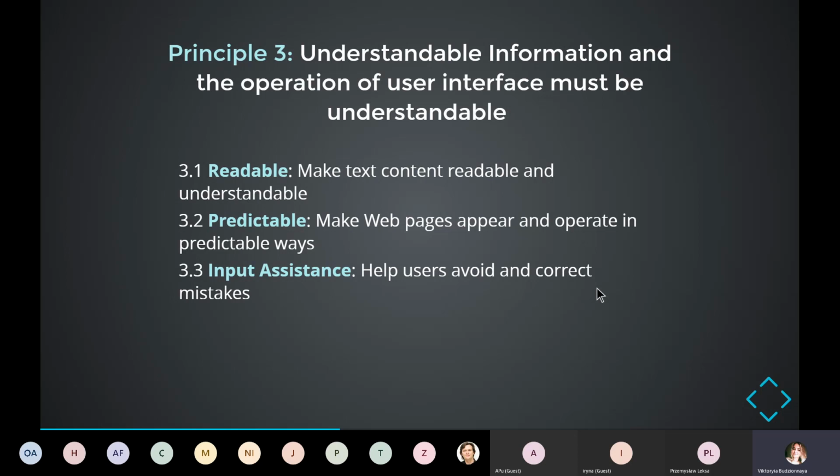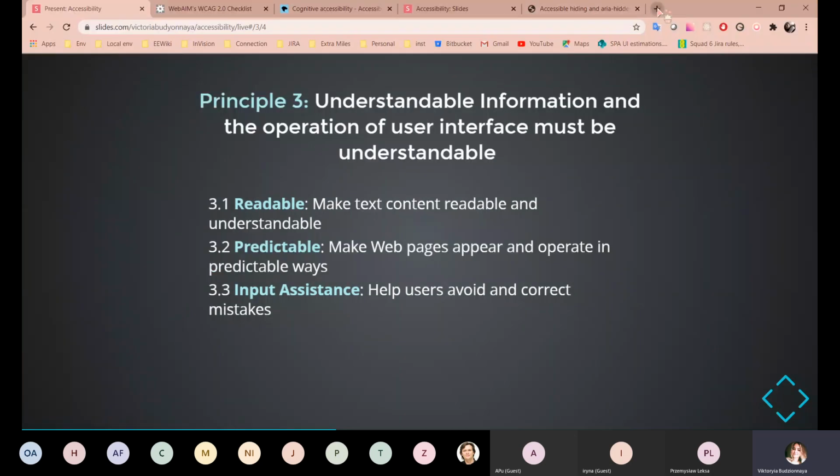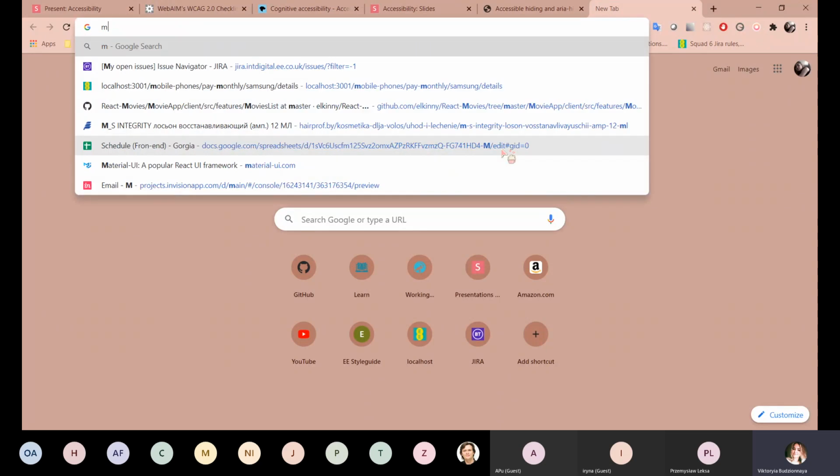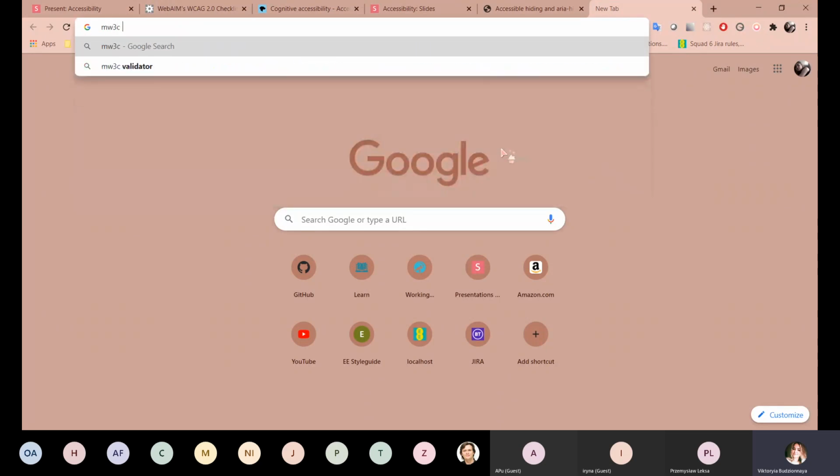are described on the W3C website in the WCAG part of this website. So there are a lot of examples of components. You can look at them, you can understand how they behave and so on. So W3C,